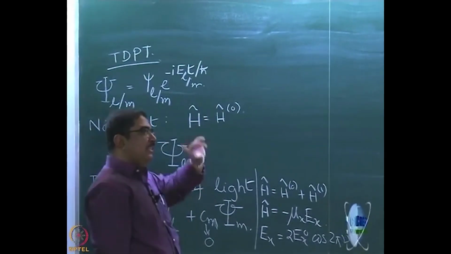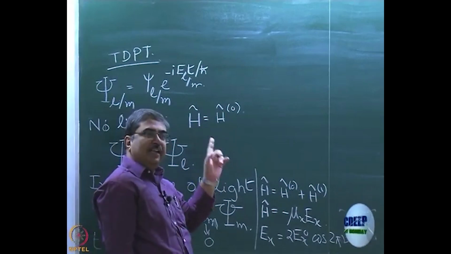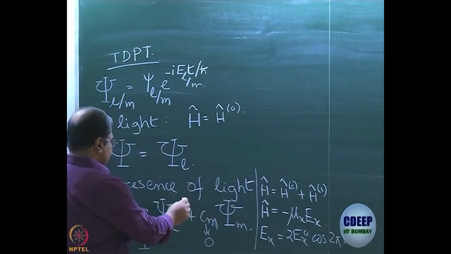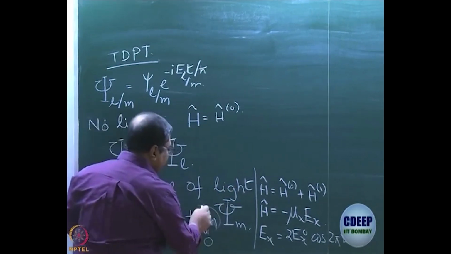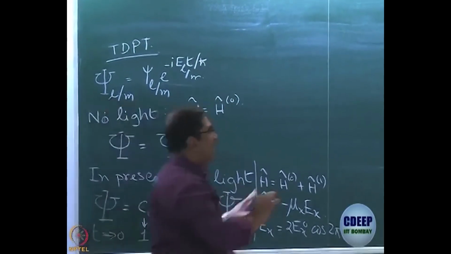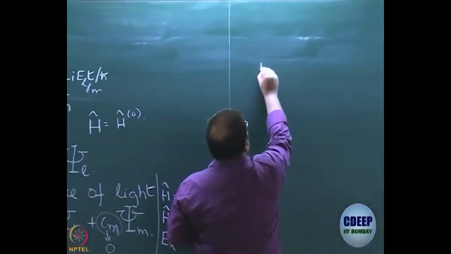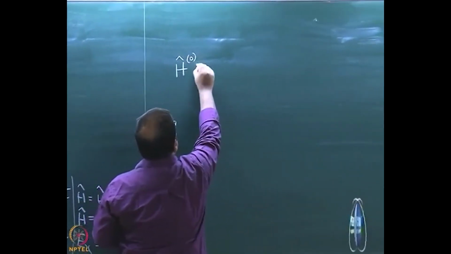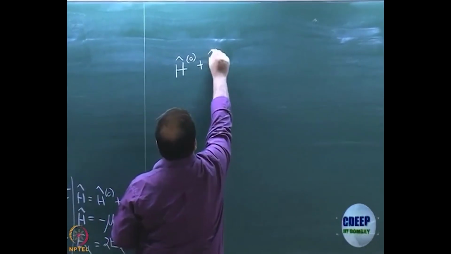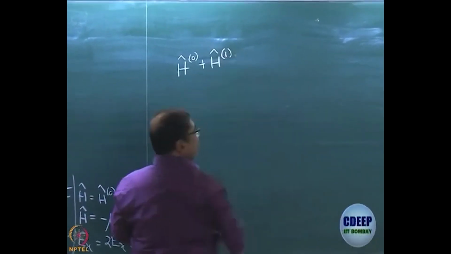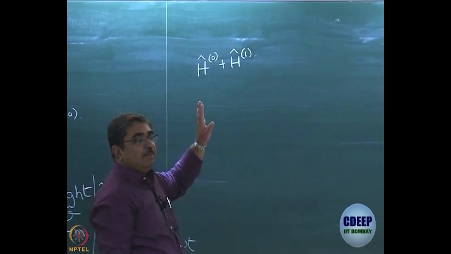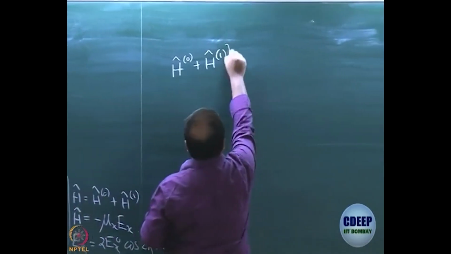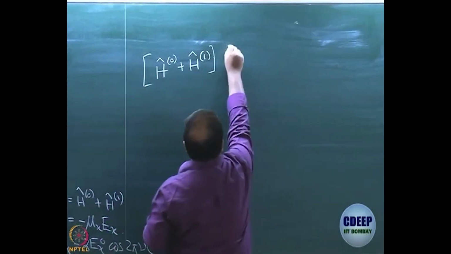But before that, let us redo what we had done in the last class and get an expression for time derivative of this coefficient dCm. Okay. We will do it quickly. So, in presence of light, your Schrodinger equation should be something like this. The Hamiltonian, as we have said already, is the uncorrected Hamiltonian first plus the first order perturbation term. That Hamiltonian operates on the wave function.